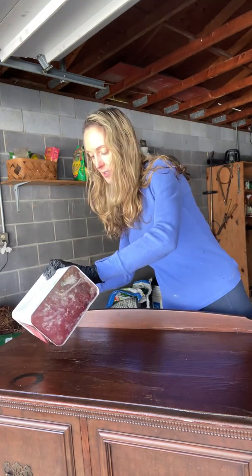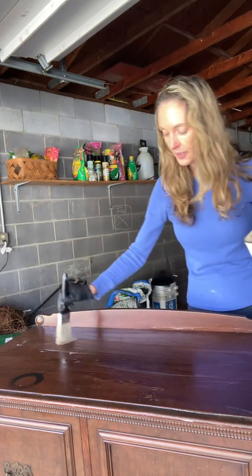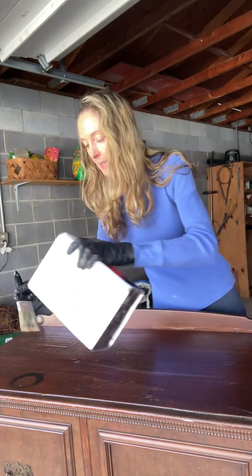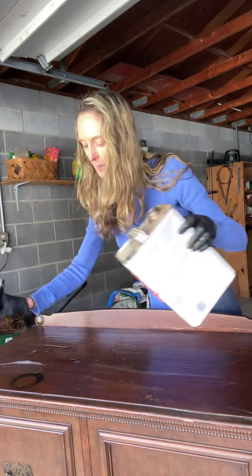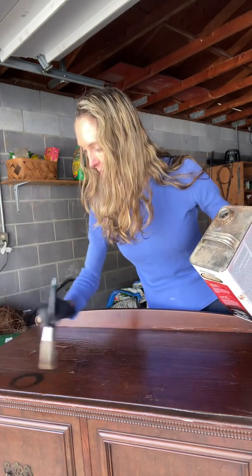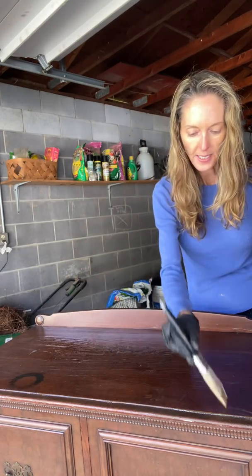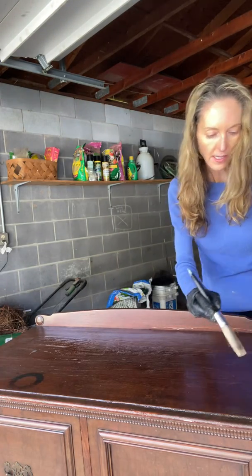And sometimes I just start straight away sanding, because you can sand off the old finish if you start with an 80 grit sandpaper and then work your way down, but it chews through a lot of sandpaper, and sandpaper is expensive. You can only get a little out of each 60 grit, and I just feel like I'm wasting it. So I'll still sand this when I'm done, but at least I've gotten that top surface off,